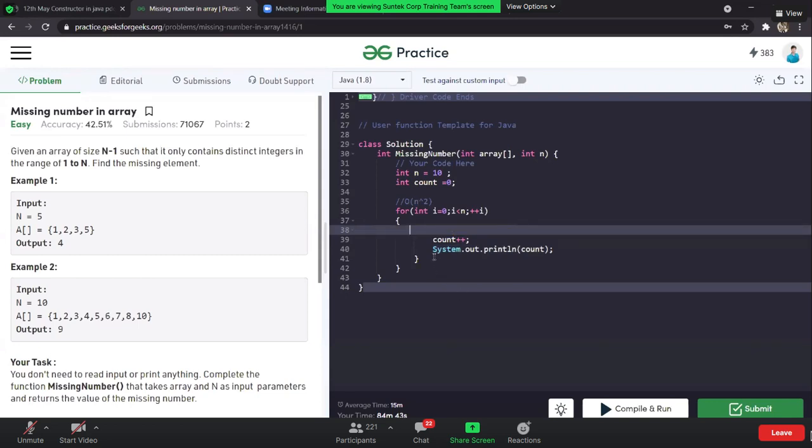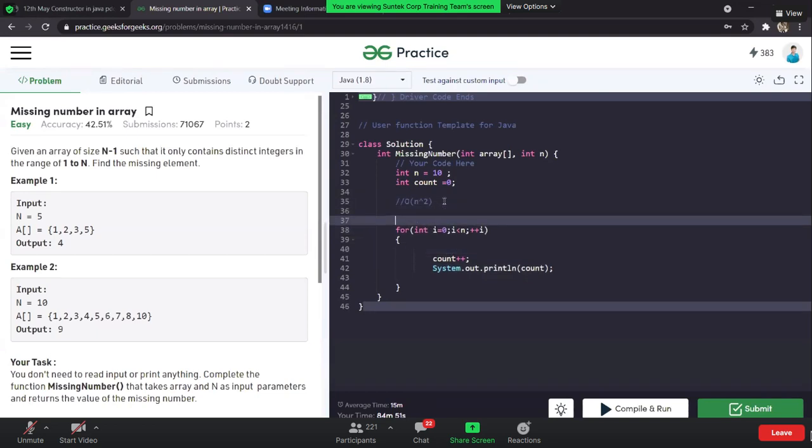If I just remove this line and this bracket, now if you see how many times the count variable will get printed, only 10 times. So now the time complexity of this function is going to be big O of n only, because we are printing the count variable only once per iteration. How many times that particular statement is executed with respect to n, that is the time complexity.